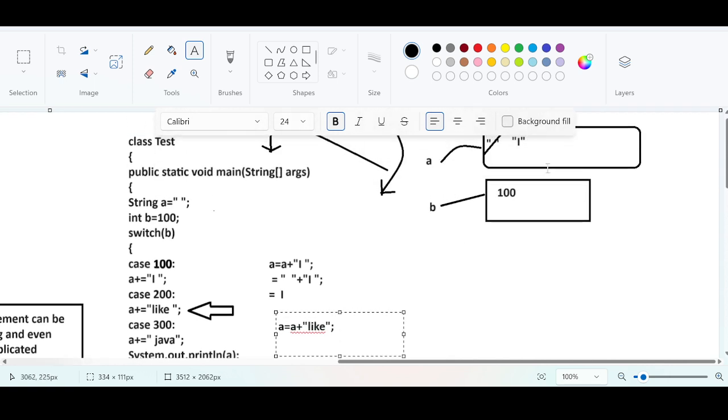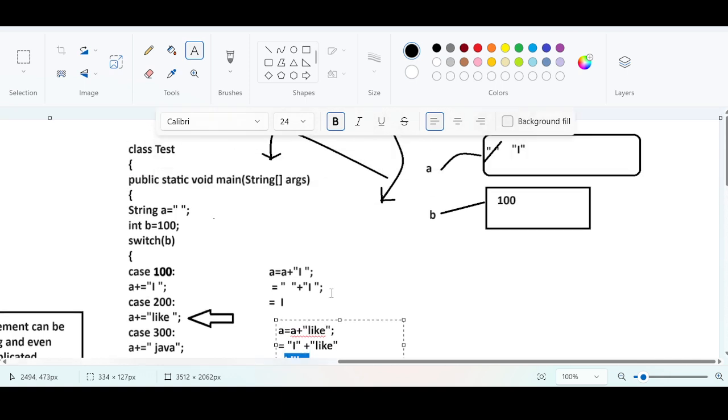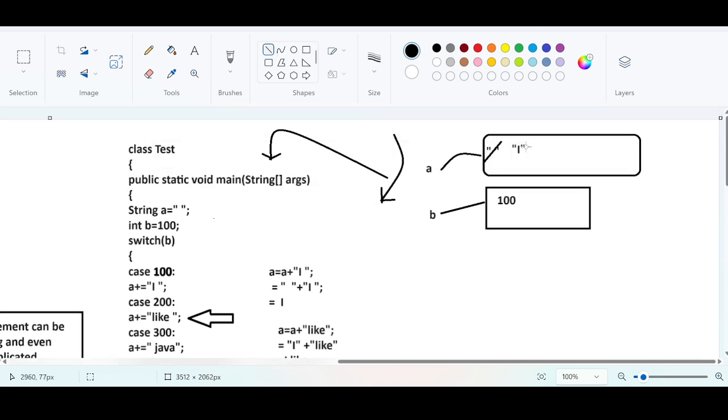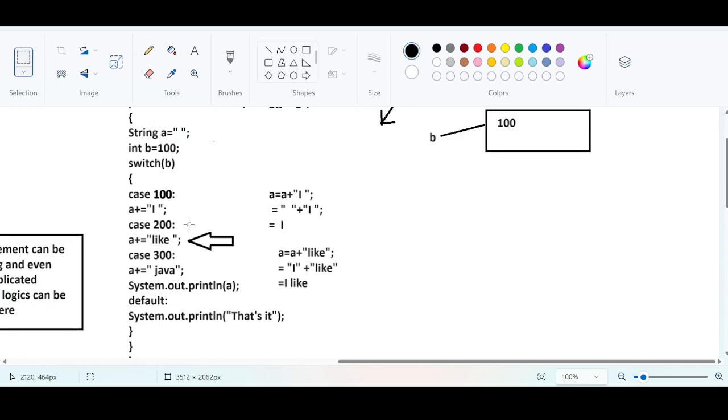What is the value in the a? I, right? I plus what? Like. Yes or no? Concatenation. I plus like is going to be what? The answer is going to be I like. Right? So the latest value of the string is rebuilt as I space like. Yes or no? Right? The control will be transferred from here to